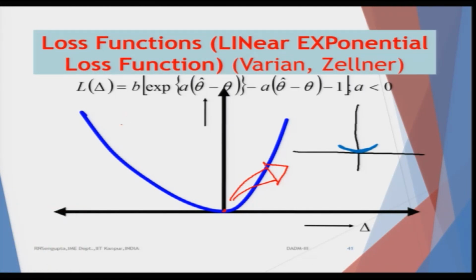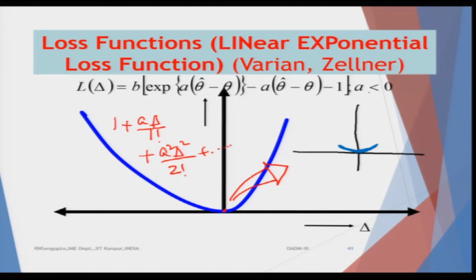So, consider the exponential loss function. You will basically have e to the power A delta. Let us expand it. The first term would be 1, then the next term would be A delta by 1 factorial. The next term would be A square delta square by 2 factorial. I am expanding the A part, and then the cubic power part I will continue. So, let me put it as dot dot dot.